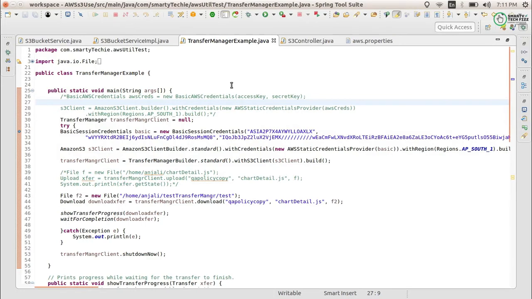You can see this is my example class that I have created. Firstly, I was testing on my own that it is working or not. So how will you do it? Let me just